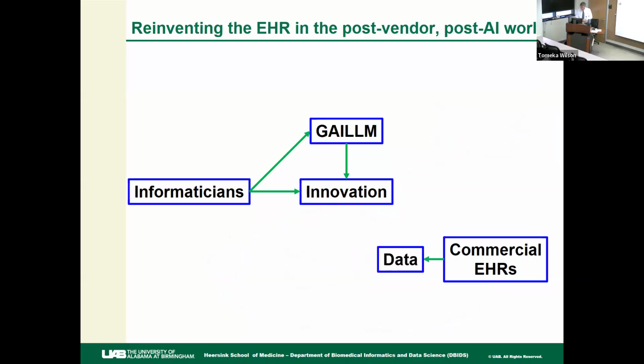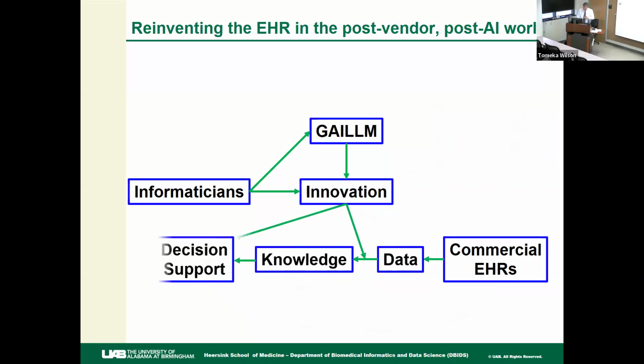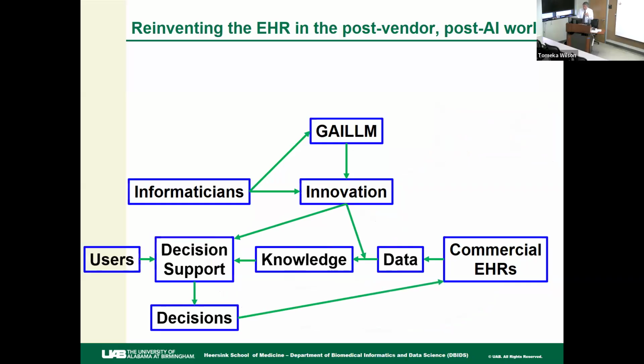Okay, so we get the data out. We can create our knowledge. We can use innovation to do that. We can build decision support, we can do innovation for that. We can give that to the users, and then we can have the users make their decisions using our decision support, and then put that back into the workflow somehow. Now, in our case, the physician has to go and figure, oh, I'm going to make this decision, and they go and write their note, or they write their order, or they tell the patient to do something, whatever it is they're going to do, there's a human being in that part. So we can do all that stuff, we've been doing that for decades.